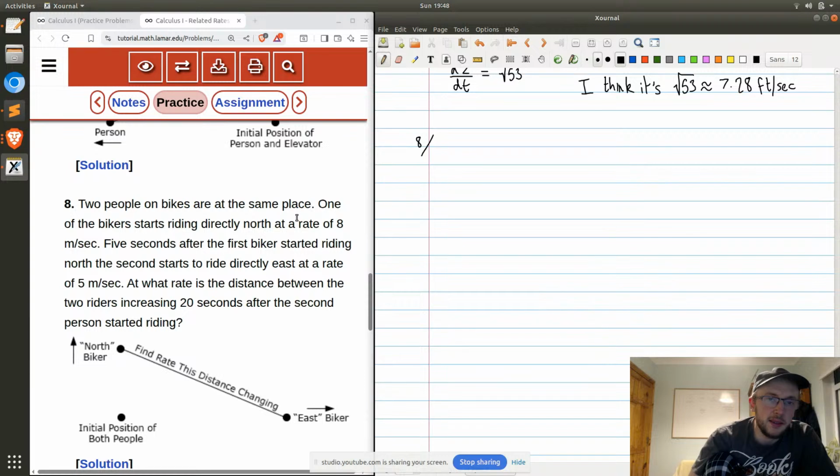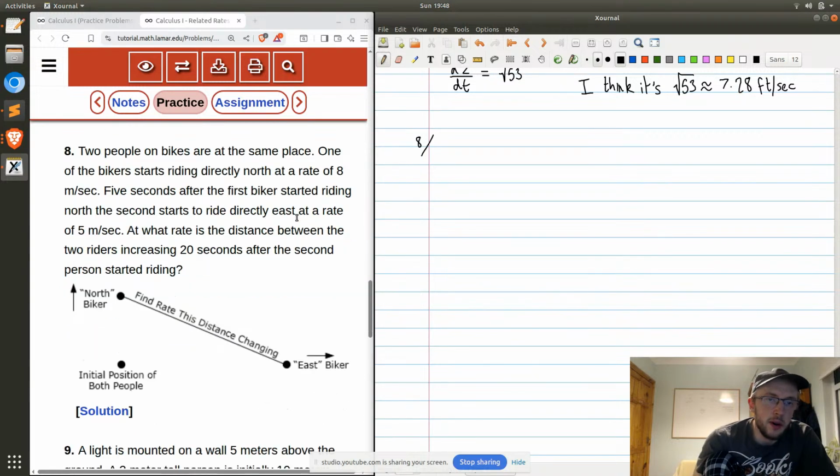Two people on bikes are at the same place. One of the bikers starts riding directly north at a rate of 8 meters per second. 5 seconds after the first biker started riding north, the second starts to ride directly east at a rate of 5 meters per second. At what rate is the distance between the two riders increasing 20 seconds after the second person started riding? So,